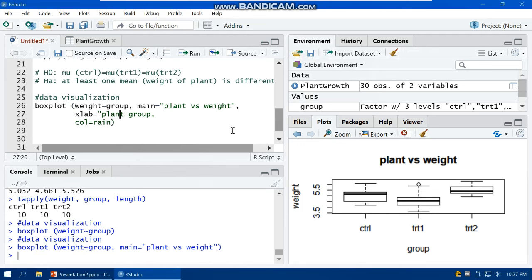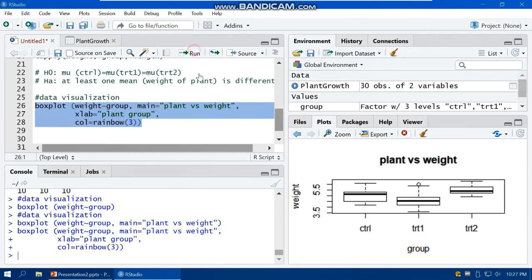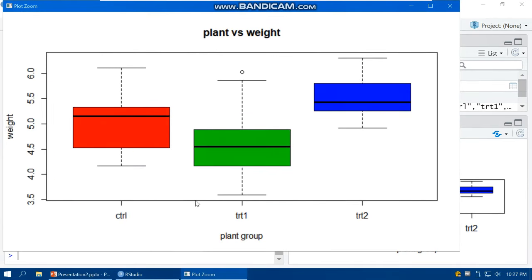Sorry, this should be XLAB, rainbow with 3 different colors. And after that, if I select all of these 3 lines and then run, it creates these 3 box plots. So we can see that for the treatment, it seems that the mean is smaller than the